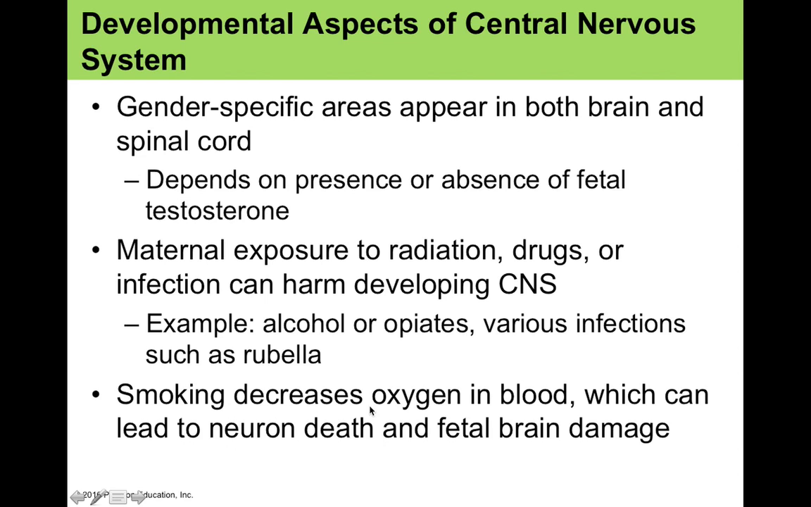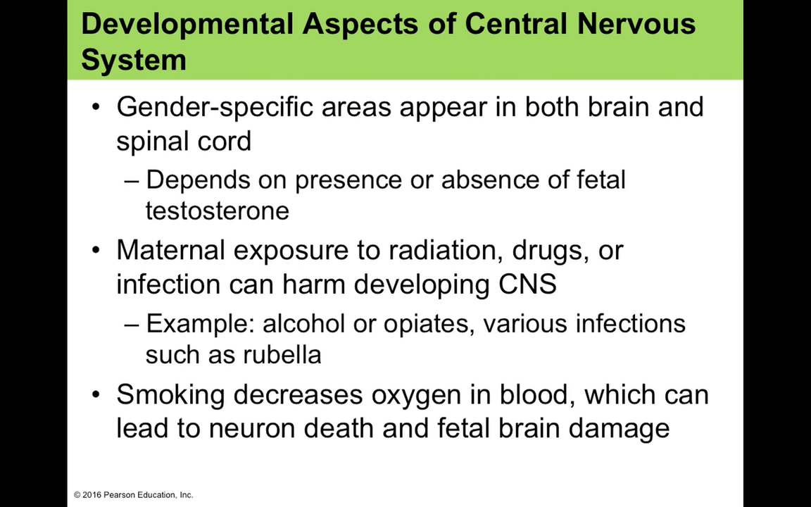Now, smoking actually decreases oxygen in the blood, and this can lead to neuron death as well as fetal brain damage. So what we find is that children who are exposed to nicotine early on actually get permanent changes in their brain that can alter